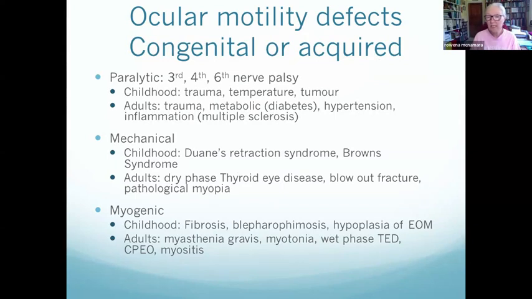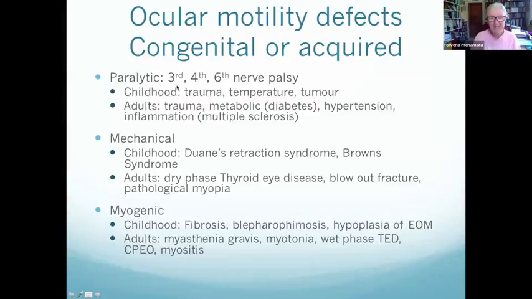It can be acquired at any adult age, and so therefore it would have symptoms of double vision. If it's congenital, the patient usually doesn't notice the double vision. So that's one of the differential features. It can be damage to the nerves. So we said that there are extraocular nerves which supply the muscles. The 6th nerve supplies the lateral rectus, the 4th nerve supplies the superior oblique, and the 3rd nerve supplies most